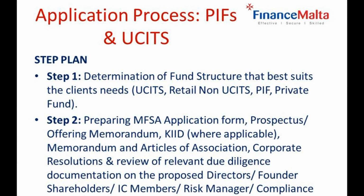In terms of the application process, I obviously combined the application process for both the UCITS and the PIF in one overall process. Again, there aren't many differences, but I'll highlight the differences in a second. So the first step is by far making sure that we identify a fund structure which suits the needs of